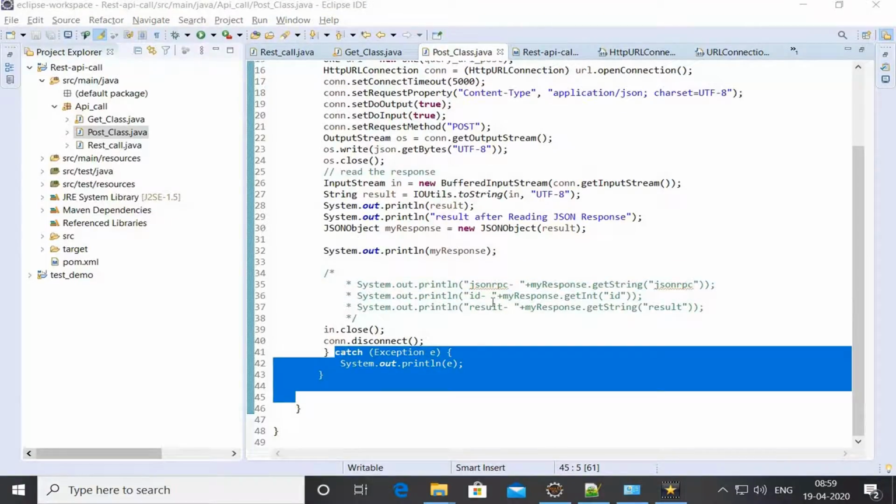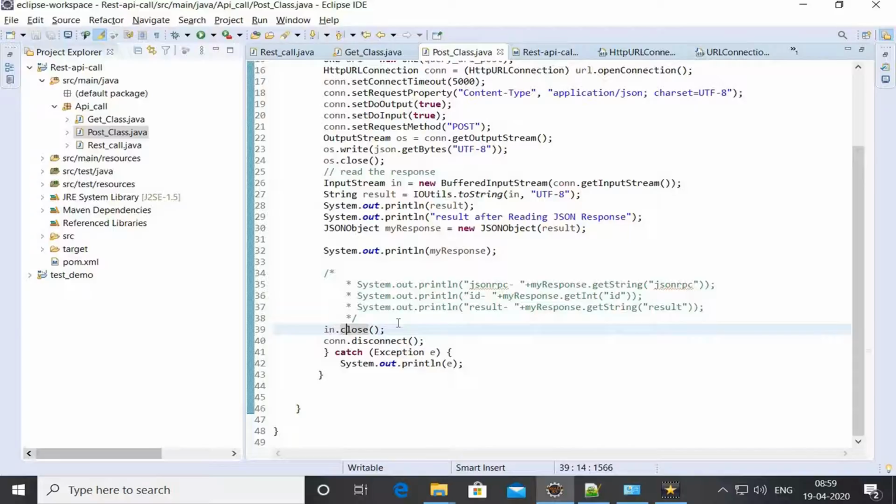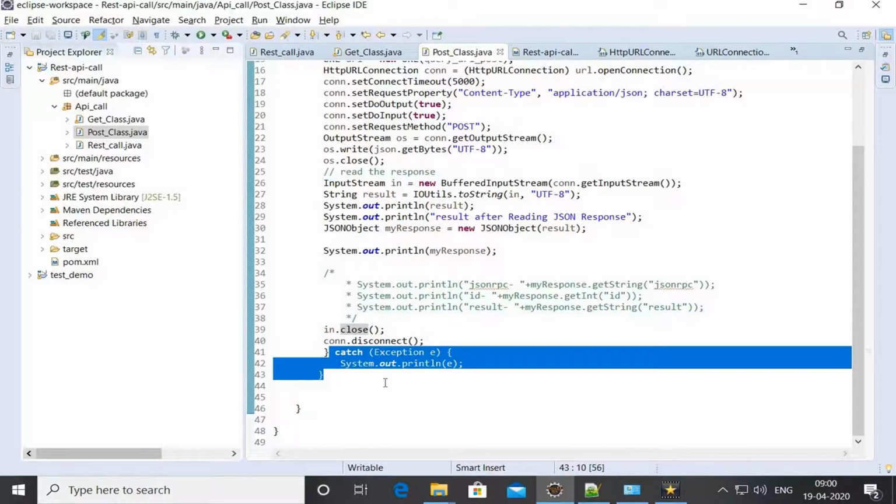If one of your parameters of the response is an integer, then you can access it by using the getInt method on that response and passing your parameter name. At the last, we are going to close this input stream and disconnect the connection, and this is the catch block we are going to use for handling the exception.